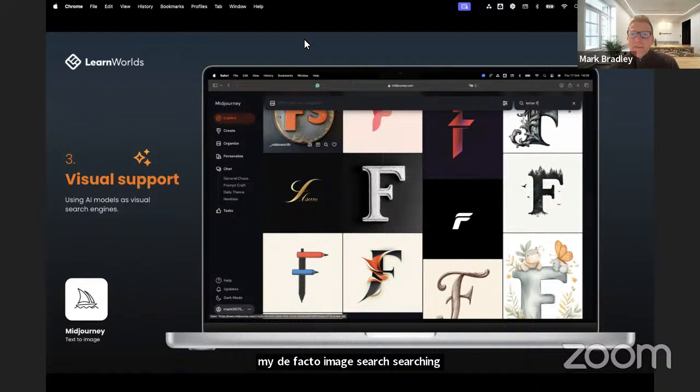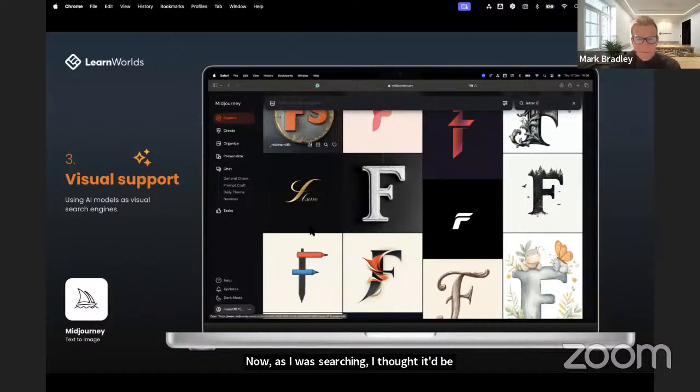And the cool thing about this is, you can go and have a look at an image, and you can also see the prompt that was used to generate that image. So if you're just getting started, maybe that's a really interesting idea to start playing around with how other people have generated their content.